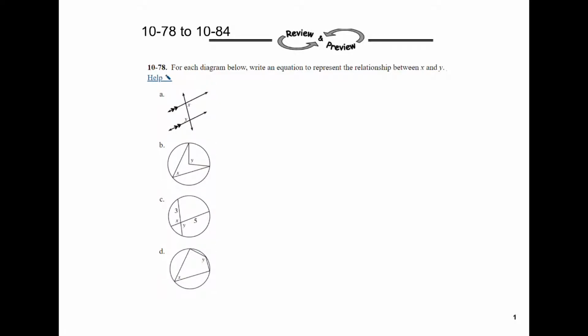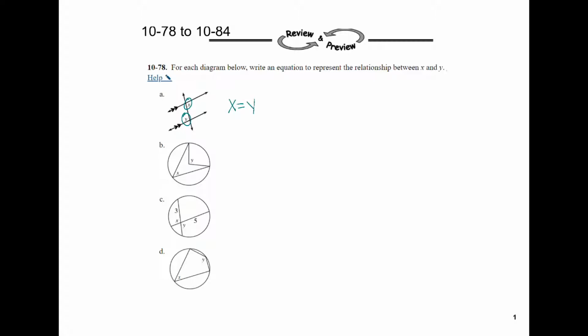Welcome to Review and Preview Problems 1078 to 1084 in the CCG book. For each diagram, 1078, for each diagram below, write an equation to represent the relationship between x and y. When we look at A, x and y are alternate interior angles, so our relationship is x is equal to